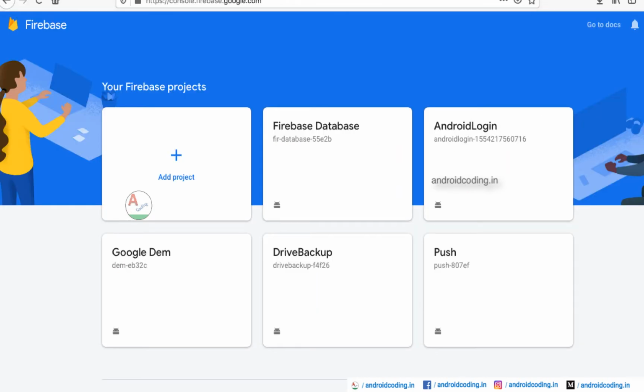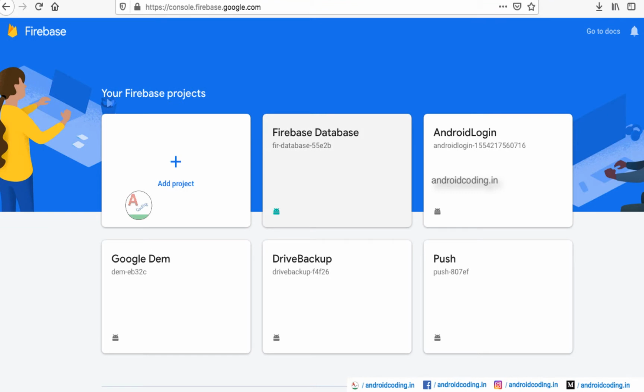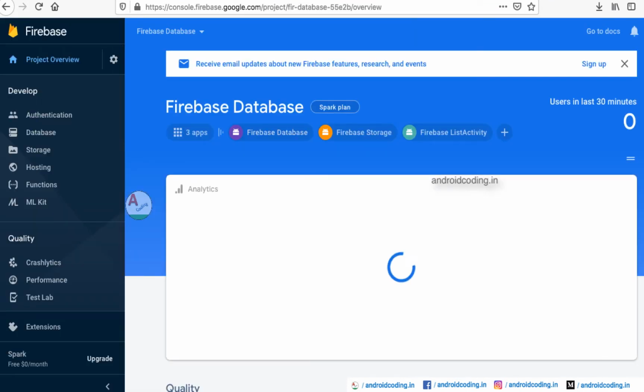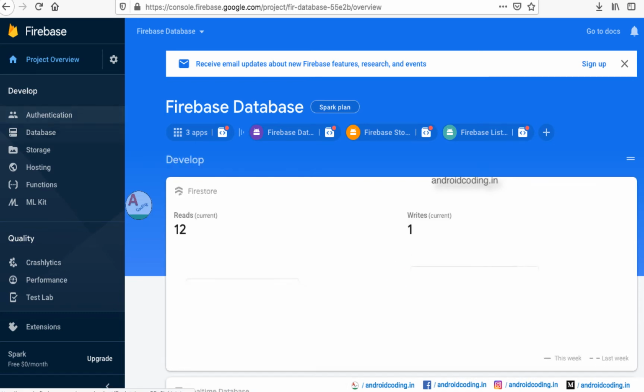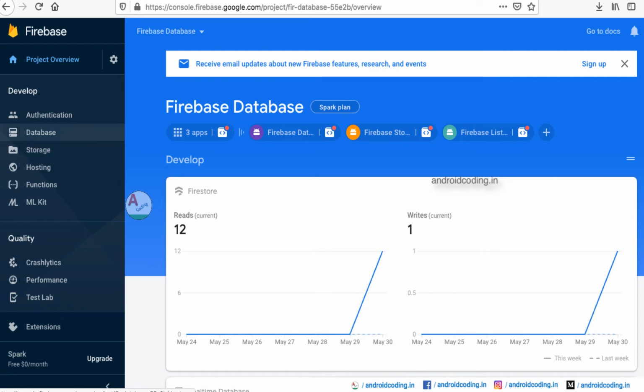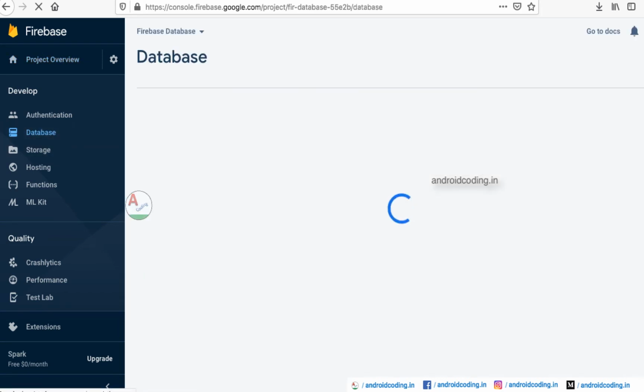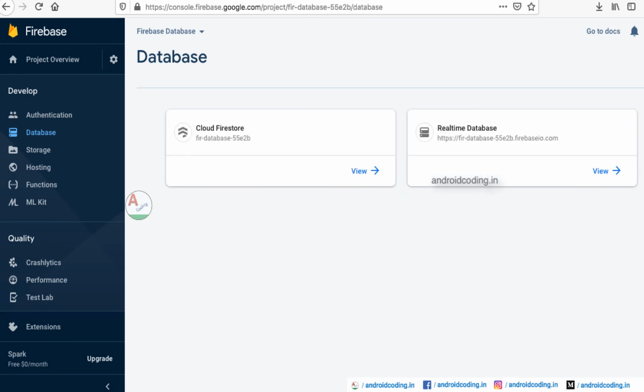So let us see the database. It's the first and important thing. You will get the clarity. This is our project name, and here the console is loaded, and in this particular topic we are dealing with the database. Okay, if you are a beginner and you're seeing this console for the first time, you might face some difficulties because these two options will not be there for you. There will be these four things, authentication, database and so on, displayed here pictographically, giving you a basic introduction.